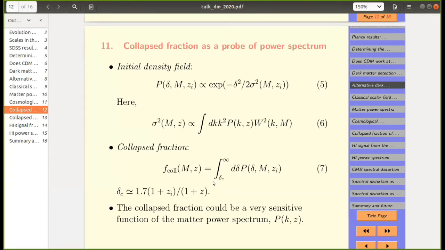So this probe was used in early days, and these days we rely much more on CMB data for normalization of the power spectrum. But in early days, we actually depended on cluster abundances, and it is based on exactly the same approach. So collapse fraction is an extremely sensitive probe of the matter power spectrum because the collapse fraction comes in the exponent. If that term is smaller than unity, then it is not a powerful probe. But if it is larger than unity, it is an extremely powerful probe.